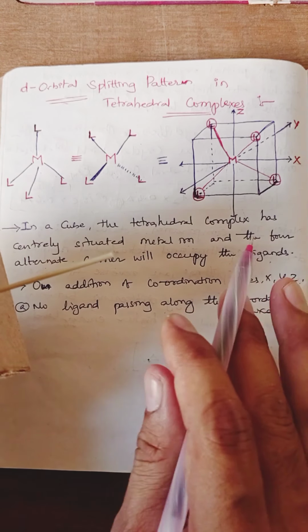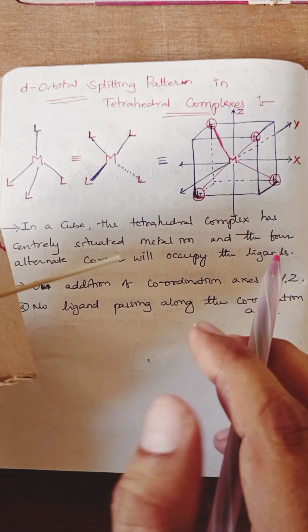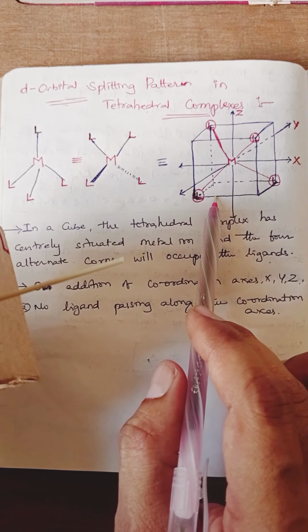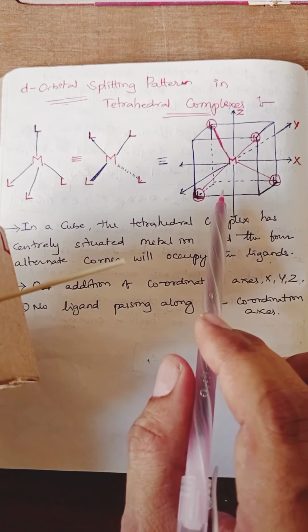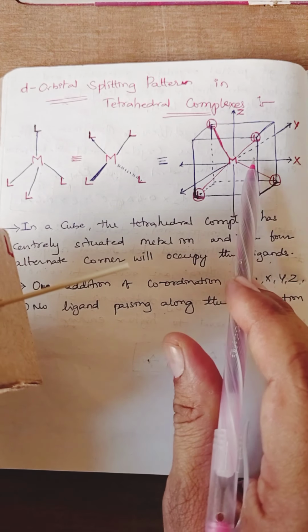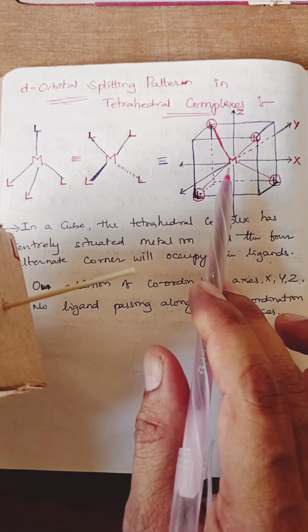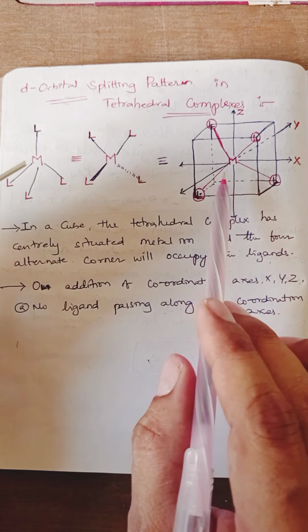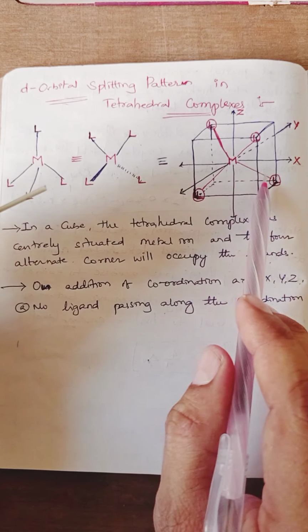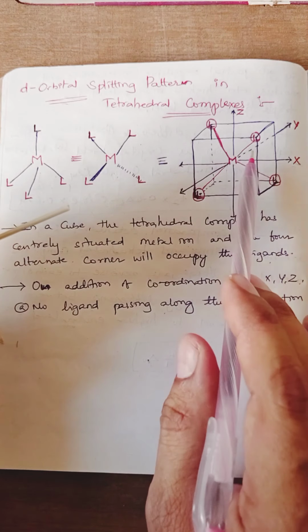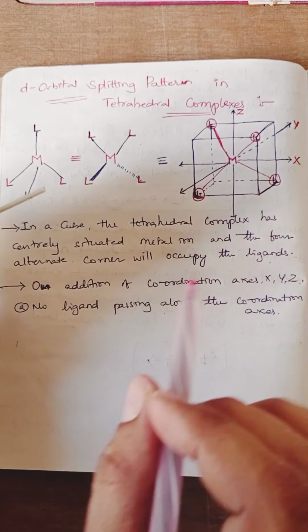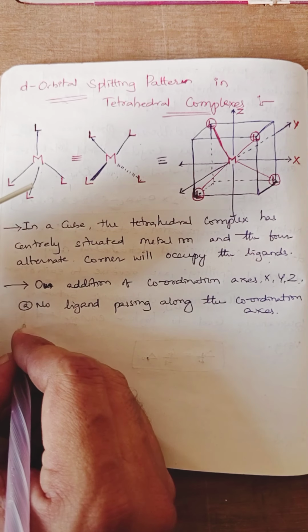Here we are checking how the ligands are positioned with respect to the coordination axis. With respect to the coordination axis, we are explaining the ligand positions in the tetrahedral, right? So the first statement we are giving, that no ligand is along the coordination axis, is clear now, right? So the second statement we give is,